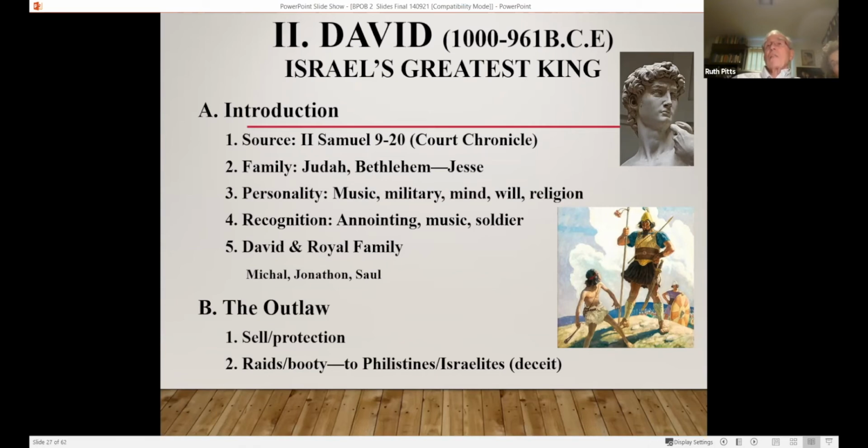But then when he would raid other groups in the south, the Philistines and the Israelites were both rewarded. So if he would take booty from people he had defeated, then he would present some of that to the Philistines and some to the Israelites. So he's pretty shrewd politically, doesn't know which way this is going to pan out. And so he makes contributions to both parties.